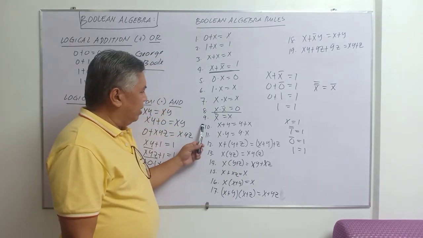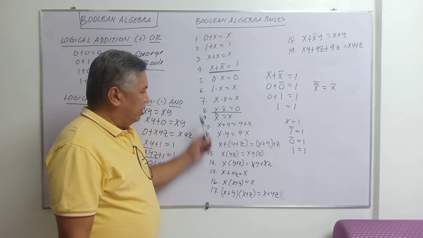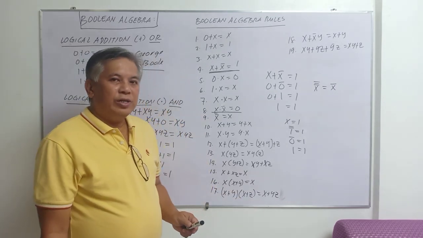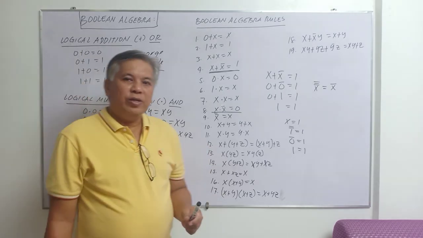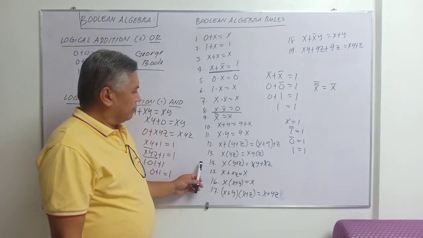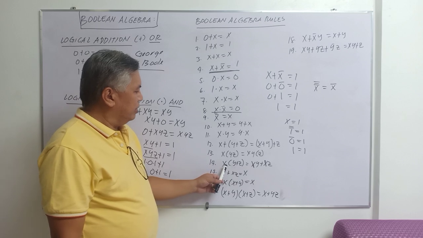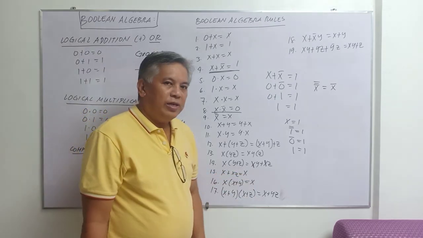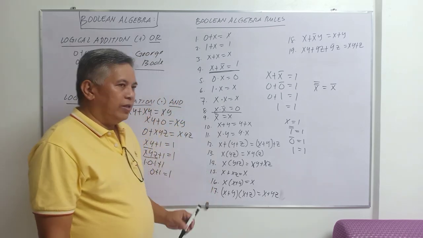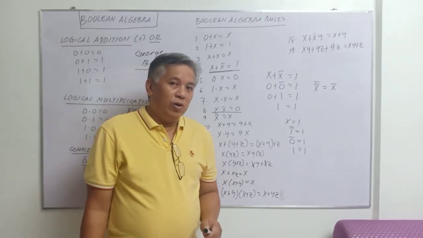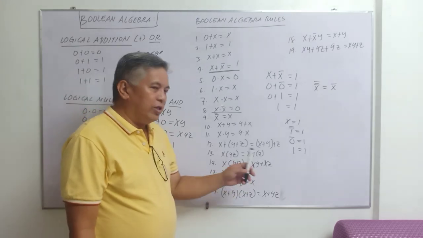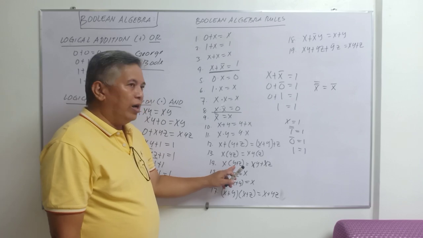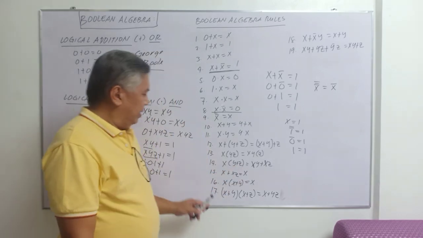So, these 10, 11, 12, 13 are very common laws, especially in our modern algebra. They carry over to Boolean algebra. Then, 14, x times y plus z is equal to xy plus xz. So that is rule number 14, the distributive law. Okay? So the opposite of distributive is factoring. You factor out the common x. So you have y plus z.